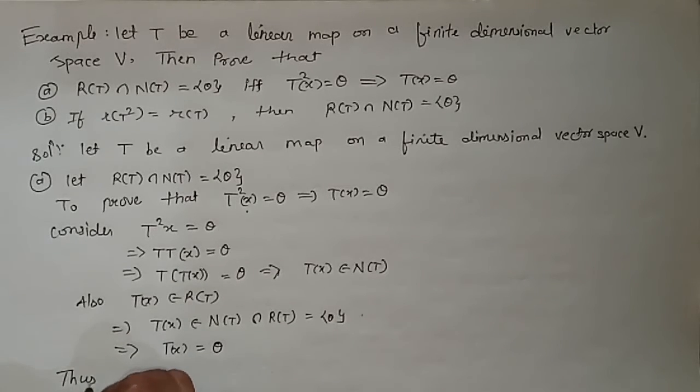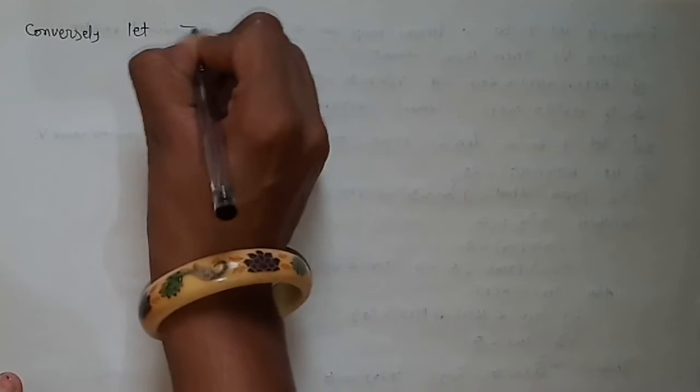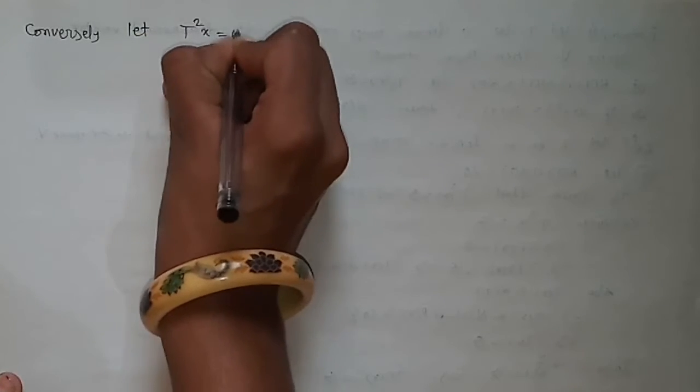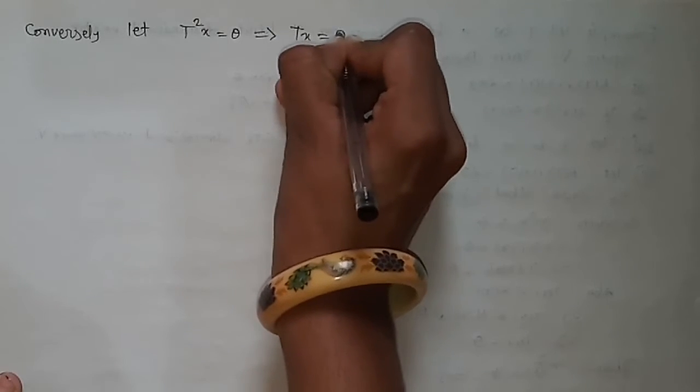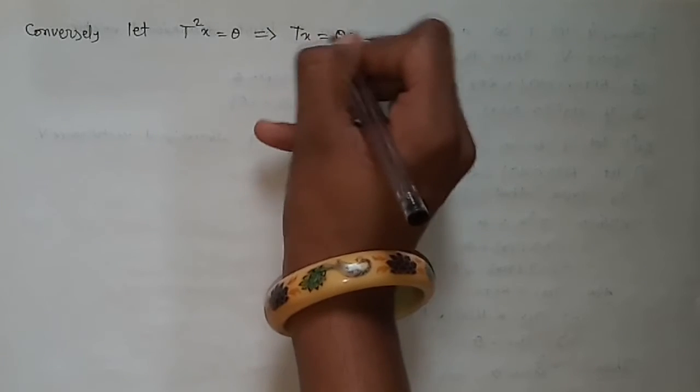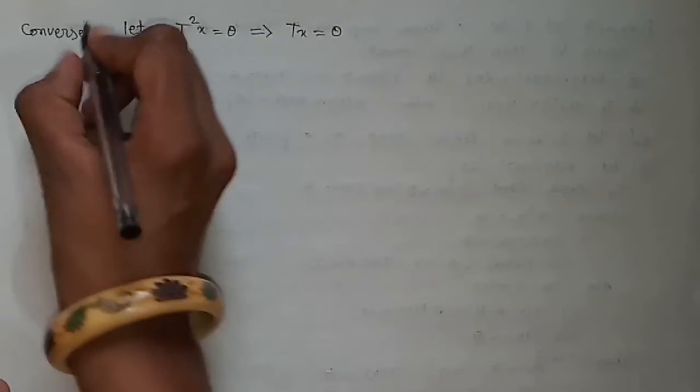Thus T square x is equal to theta implies T of x is equal to theta. Hence first part is done. Now conversely, let T square x is equal to theta implies Tx is equal to theta. So we are assuming now this as true. Now we will prove that